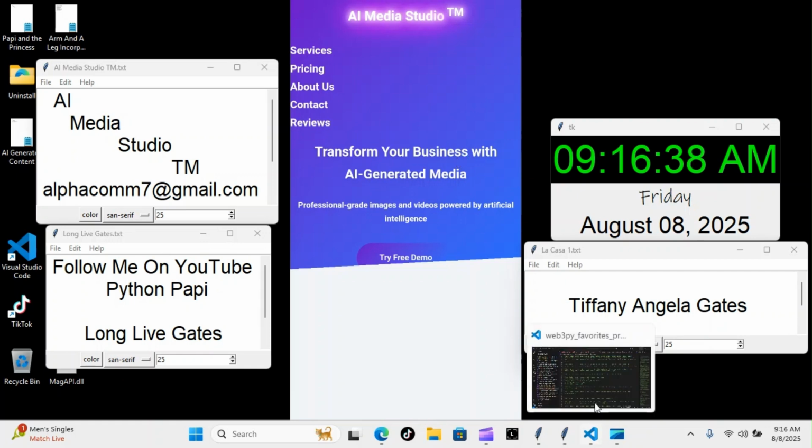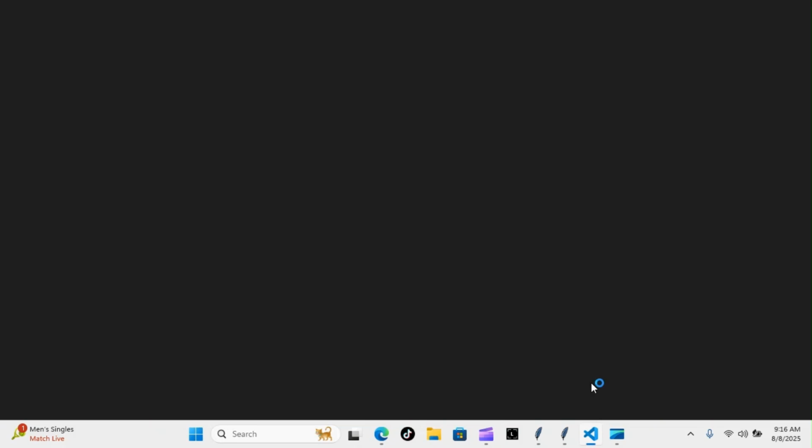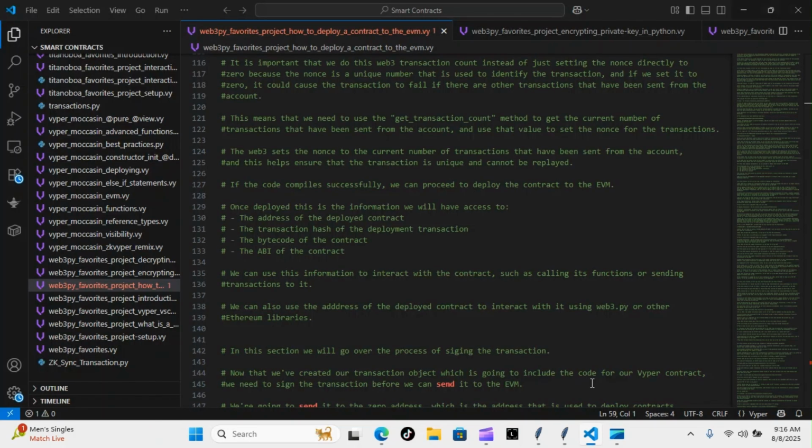Let's have a look at what we're going to be going over today. We're back inside our Web3Py favorites module, and we won't be running a contract today, because yesterday we said that we were going to run it if there was still enough space to actually run the example, but we're too far along in the actual contract, so we won't be doing that. The next time we get back in our contract, we're going to be running an actual contract, so look out for that. Today we're going to do some light reading, and we're going to pick up where we left